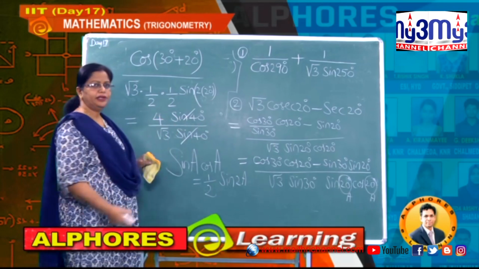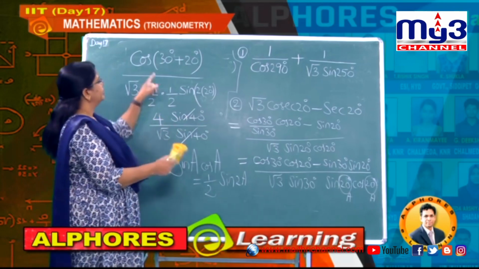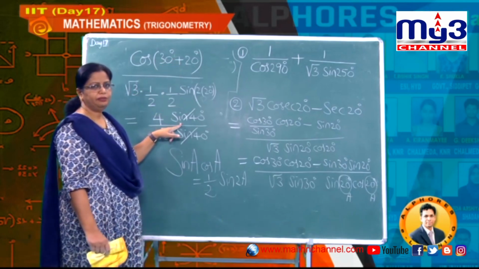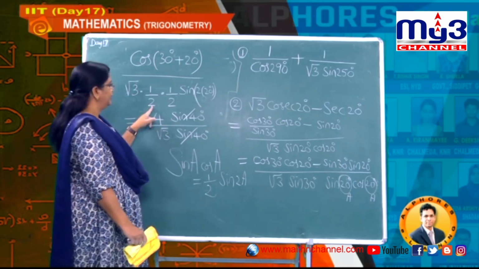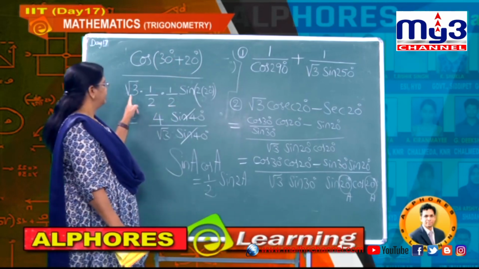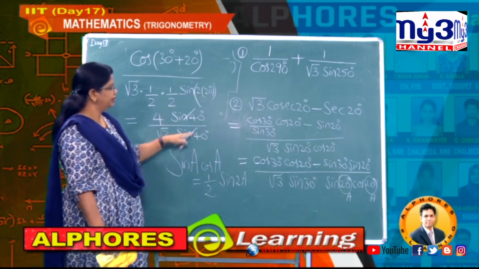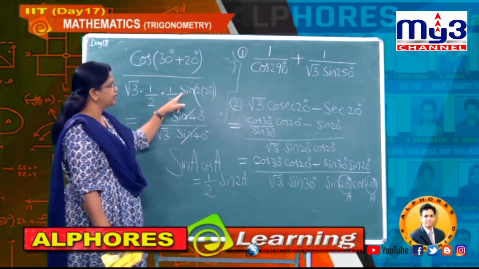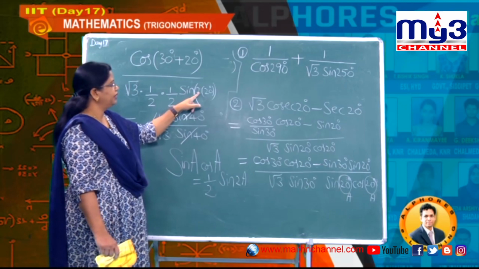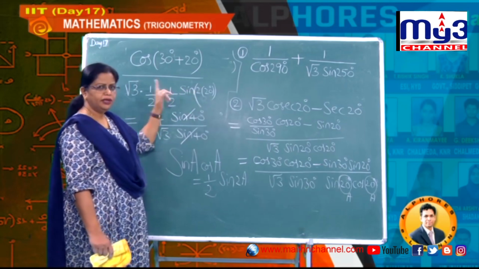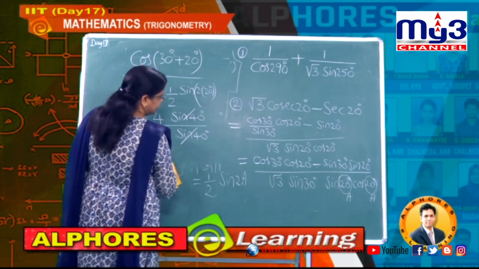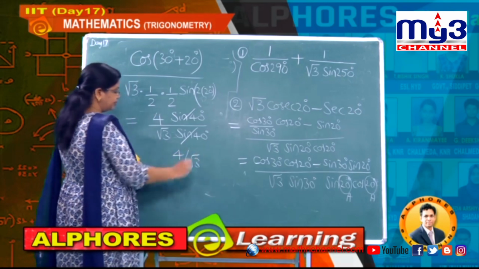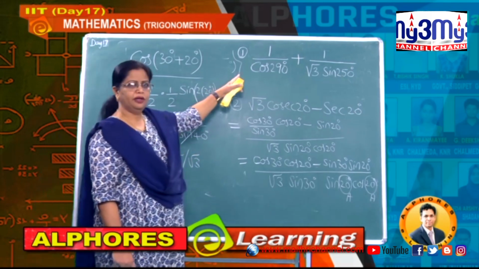So what is the answer here? 4 by root 3. Understand? So this is how much? Cos 50. Cos 50 can be written as sin 40 because of the complementary nature, and this 4 value goes up, and this one is root 3 here. Now 2 into 20 means it is 40. Again and again I have been telling you, please don't cancel these two and these two. Understand? This value should be inside only once it is a function. Now finally what is our answer, students? It is nothing but 4 divided by what? Root 3. Okay. So the answer to this problem is 4 by root 3.